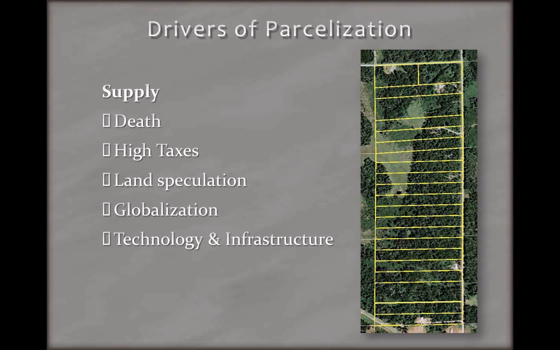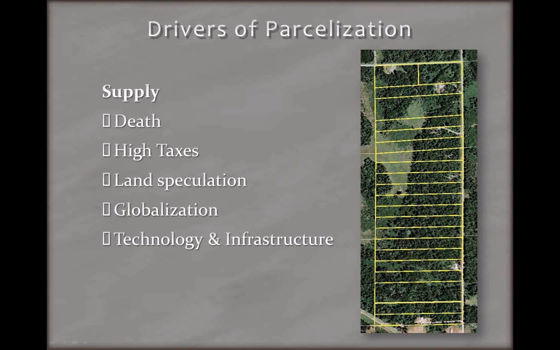One of the other big suppliers of parcels is land speculation. You find that developers, especially not so much now, but in the 1950s and 60s, land speculation was very big and very problematic. The U.S. saw a sharp rise in income following World War II. Population grew with the baby boomers, and that graph I showed earlier about land development increased. At the time, people were leaving or wanted to leave these congested, dirty cities for better schools, peaceful areas, and solitude. And so they were seeking rural communities.